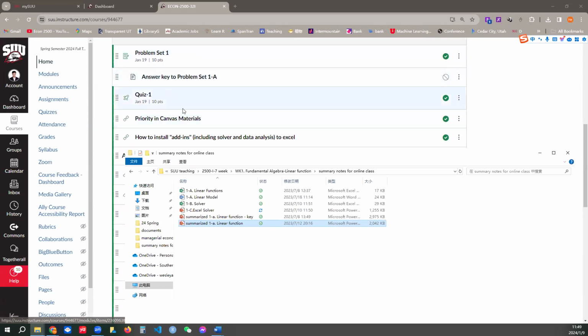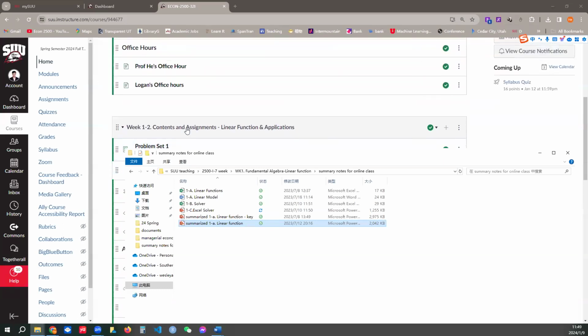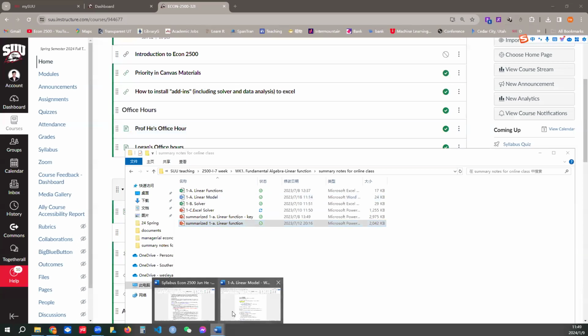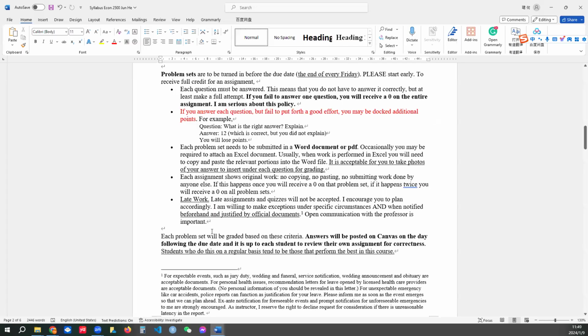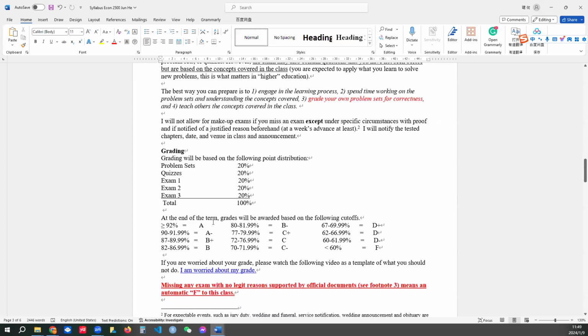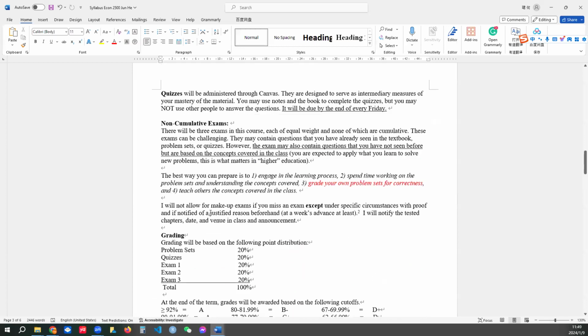So the key theme of this class is that it is problem solving oriented. So if by the end of each unit you're confident in solving those problem sets and quizzes, you should be very confident in passing the exams. Okay, and another rule of this class is communication is key, especially since we are in a remote mode. If you don't say, I don't know what is happening on your end, so please do me a favor and communicate